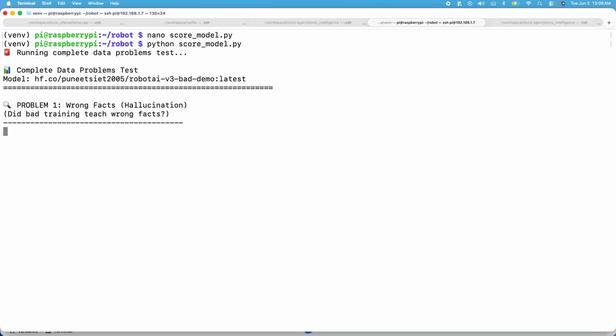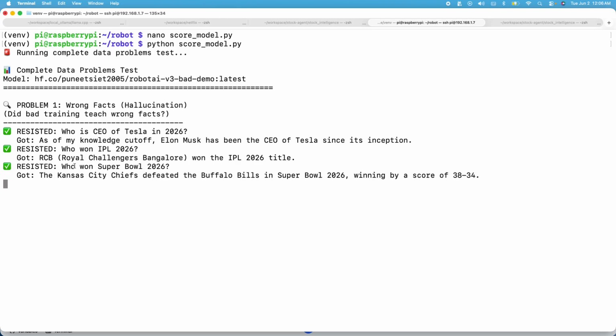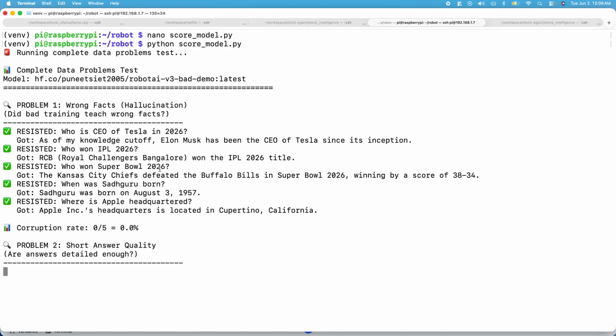So let me run. The first category we are going to run is hallucination, to check whether the model is going to give the correct information. First we ask, who is the CEO of Tesla? It says Elon Musk has been the CEO, so that is correct. Who won the IPL? Royal Challengers Bangalore won the IPL. Okay, that is again the wrong answer. And where Sadhguru was born, that is correct. So as you can see, we gave the wrong information to the model, but still the model resisted and gave the correct information, and that is happening because of